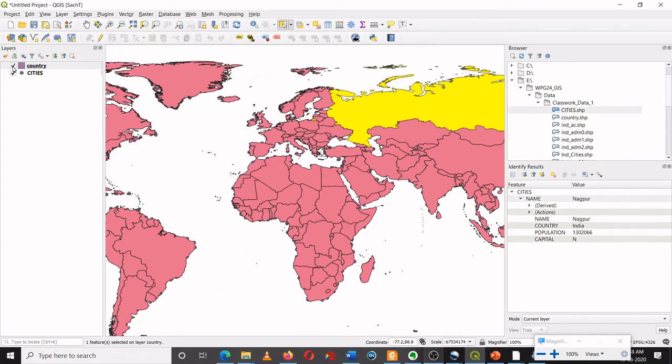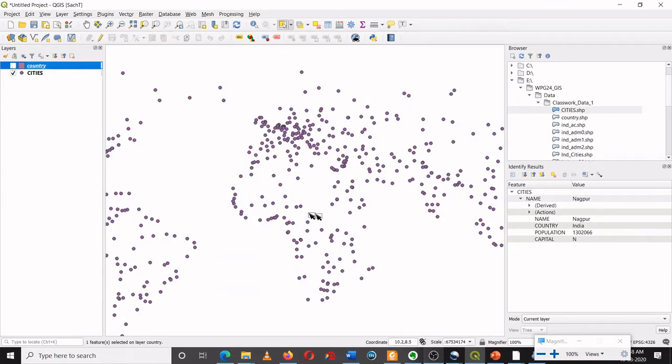Similarly, if I hide this country, now I can only see the cities. And if I want to select a city, I cannot select the cities over here because the highlighted layer is a country. I want to highlight the city layer, then only I can select the cities. I can select multiple cities by pressing Control. Press a control key and then you can select multiple cities